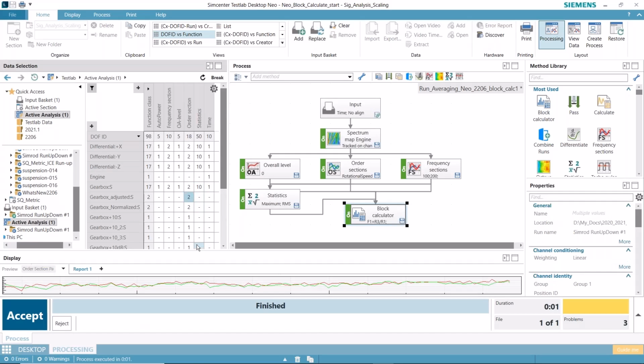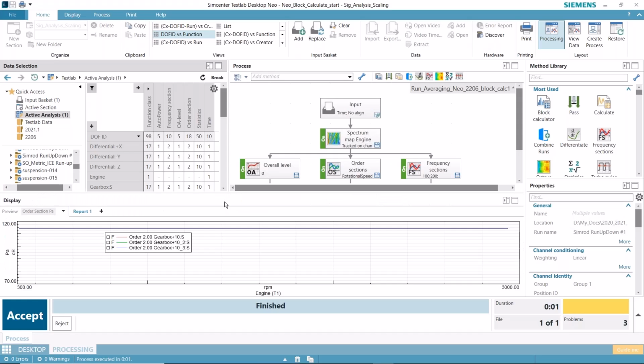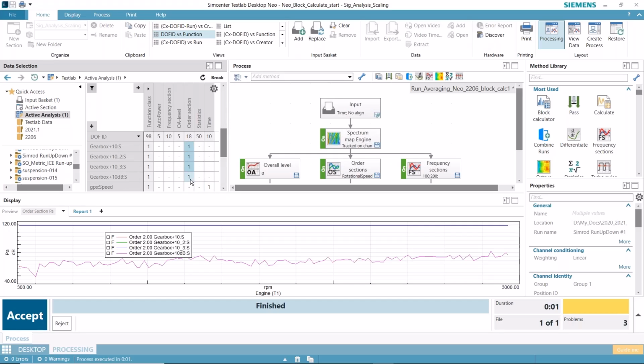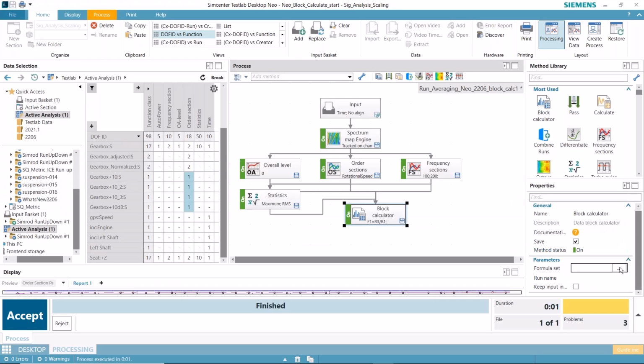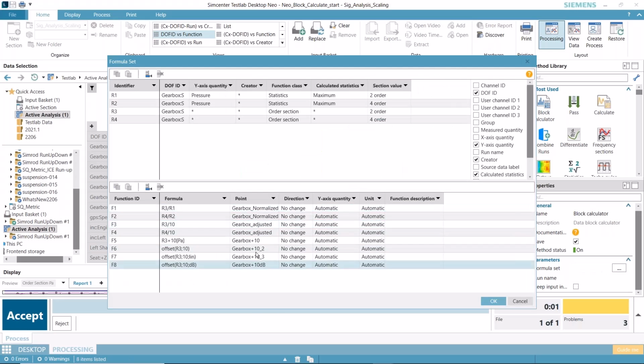okay, so this is where I've adjusted it. So that's divided by 10. This is where I've normalized it. This is a scale by 10. This is the second time I scaled by 10, and this is the third time I scaled by 10. So you can see there, they're the same. And then I should have one where I do it with dB. Okay, so that one's quite a bit higher now. So these three should be similar, and then this one's different. Okay, so that's where I'm doing some scaling here, with these different formulas.